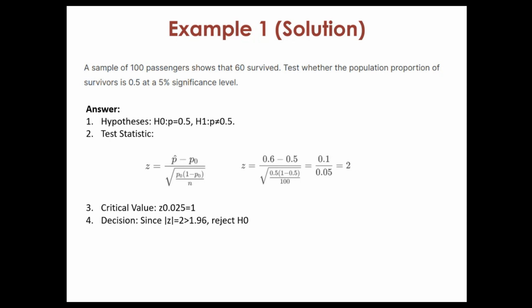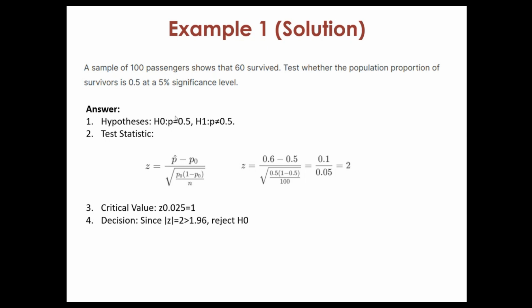So what? We need to compare it with the critical value. So how do we get the critical value? For critical value, if it is a normal distribution, critical value can be acquired if we know the significance level. The significance level is 5%. Now, because the null hypothesis says that the proportion is 0.5, similar,